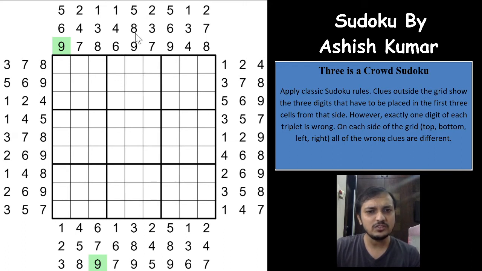So on each side of these three digits, one digit has to be wrong. So what happens is, if both of these 8s are wrong, then both of these 9s have to be correct, which will contradict, right? So a 9 cannot appear here and here as well. Same way, if this 9 is wrong and this 9 is wrong, both of these 8s have to be correct, right? So both of these 9s cannot be wrong, so one has to be correct, and both of these 8s cannot be wrong, one has to be correct, right?